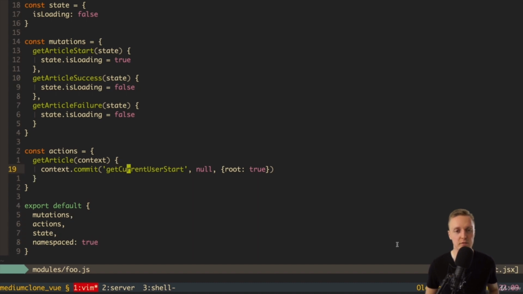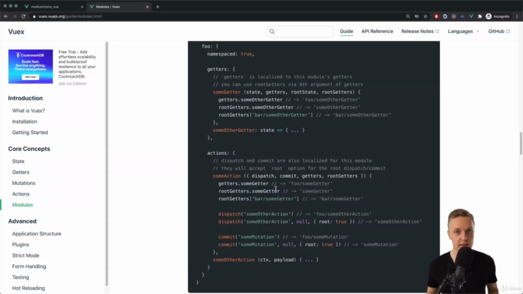Is this commit that I'm doing a root commit, like root true, or is it just the scoped commit, and so on. So from my point of view, first of all, it changes how Redux was planned, because in Redux you don't have namespaced things at all, everything is global, and we are building stuff like everything is global. And here we have namespaces, and we are trying to tune things somehow and isolate them, but it really doesn't work that well. So here you understood, if we write namespaced, we need to commit things locally,